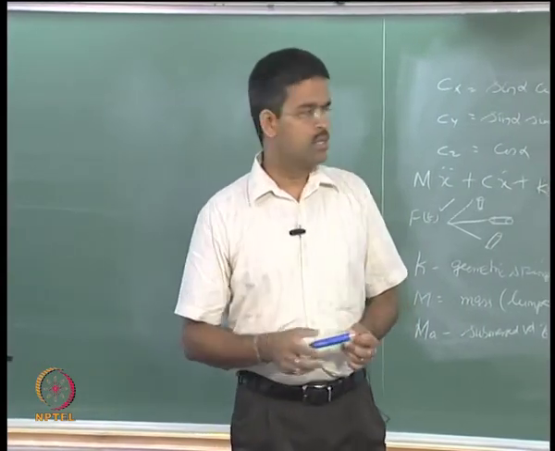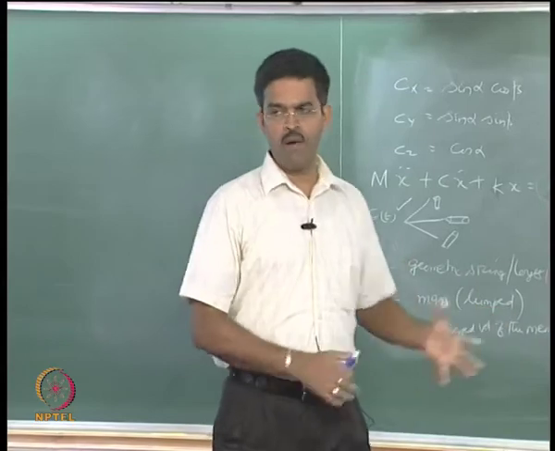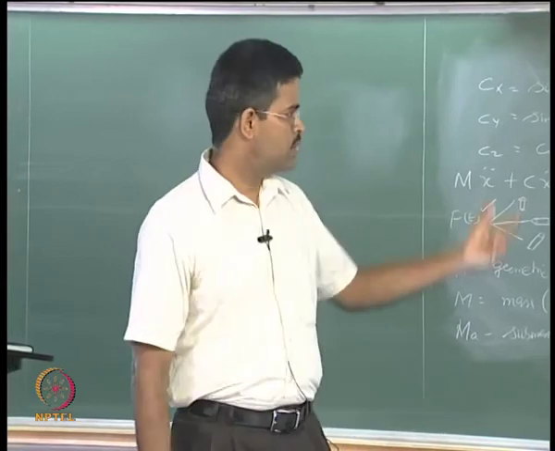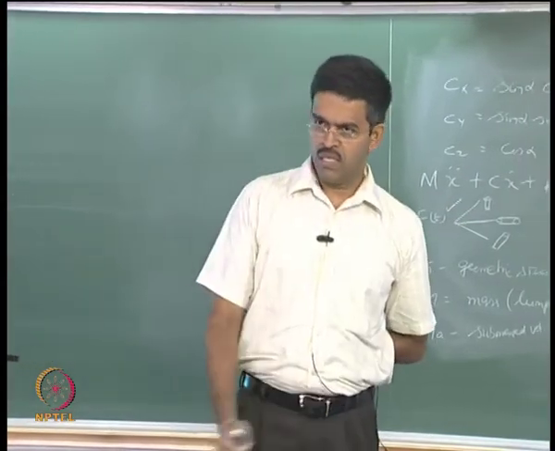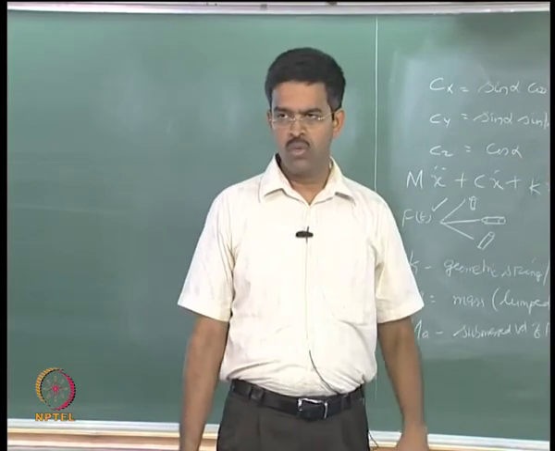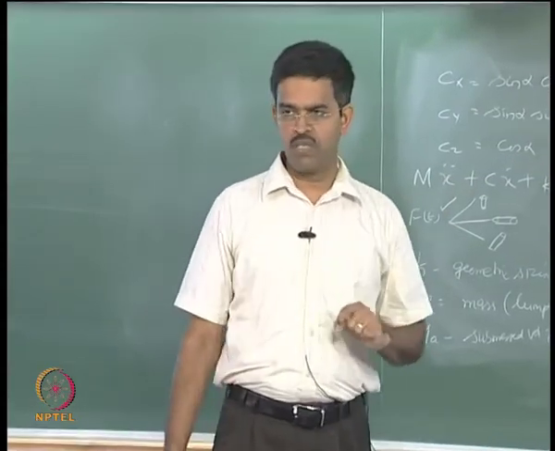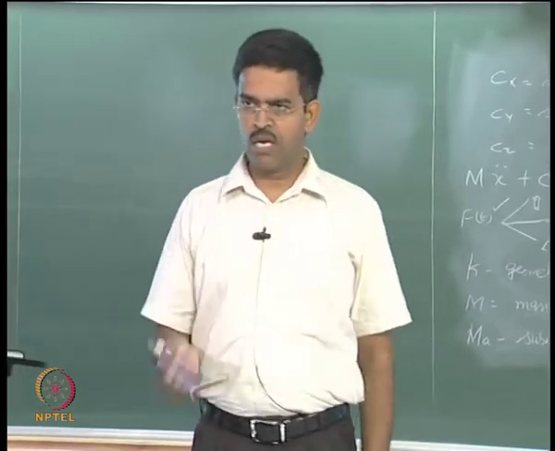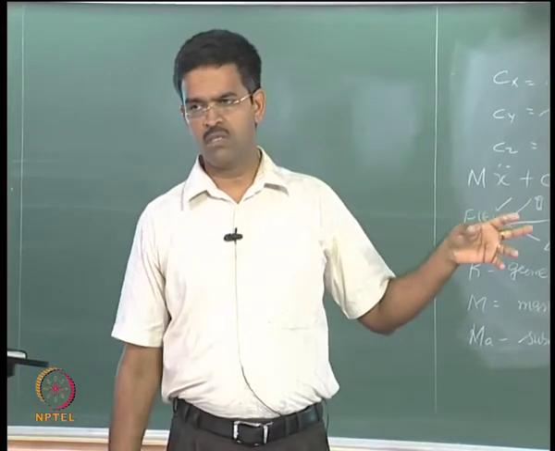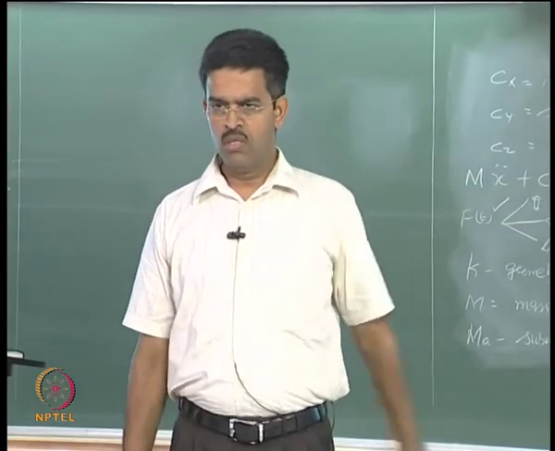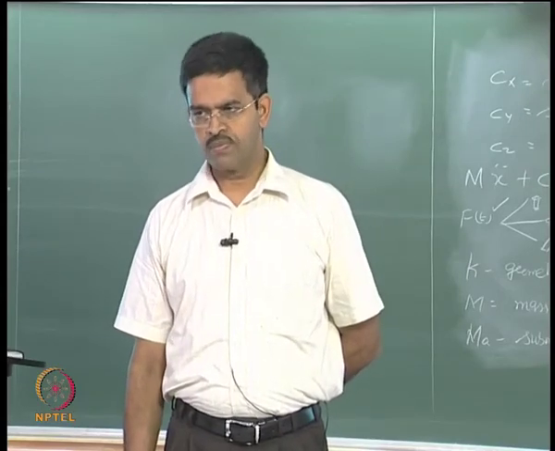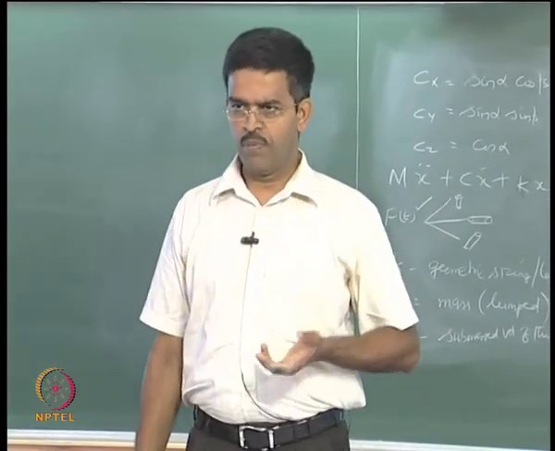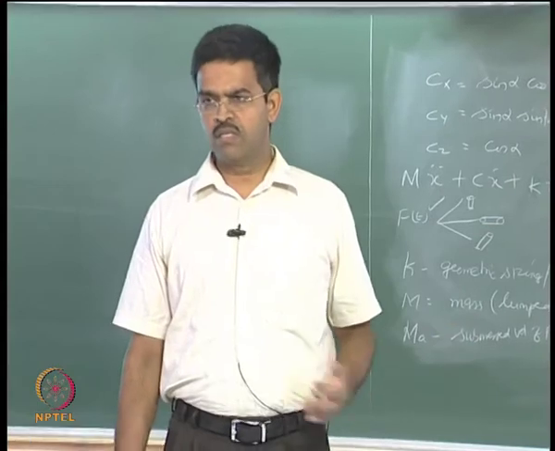Now, the catch lies in different problems or different forms. How do I actually form the problem? How do I get my K matrix? How do I get my C matrix, as I just now said? How do I get my mass matrix? If I understand this, and very well understand how to lump these masses at different locations where x of t is being measured, in terms of multi degree of freedom rigid body motion, which we normally approximate or idealize in ocean structures, I must concentrate on getting f of t at those points and solve this equation of motion. Sometimes there is a possibility that this equation of motion can be decoupled; in some cases it is not possible, depending upon whether you can really normalize the mode shape.